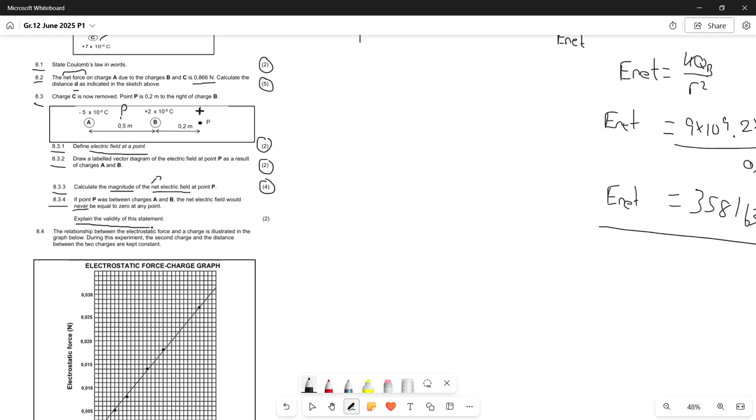Explain the validity of this statement. So is it true or false? That is 1 mark, and then there is the second mark. So P is a positive charge over here, and what happens is this negative is attracting this positive point charge to the left, and this positive is repelling this positive point charge that way, which means that no matter what,